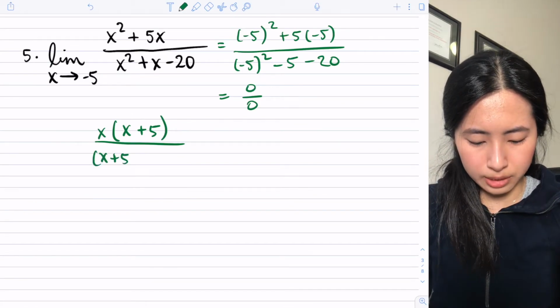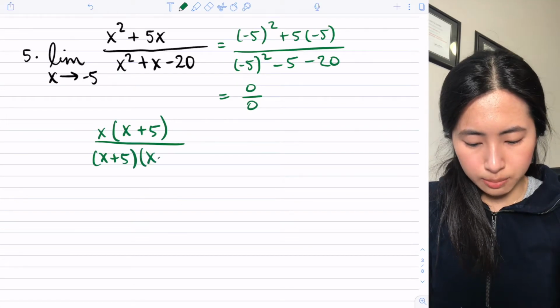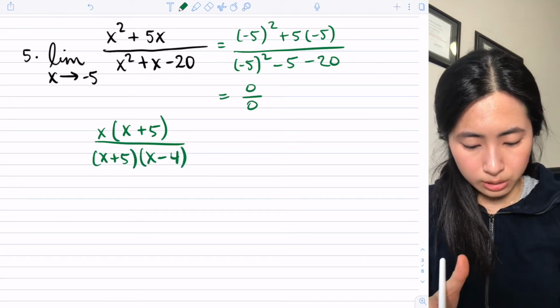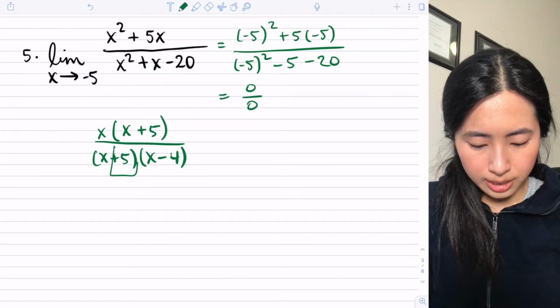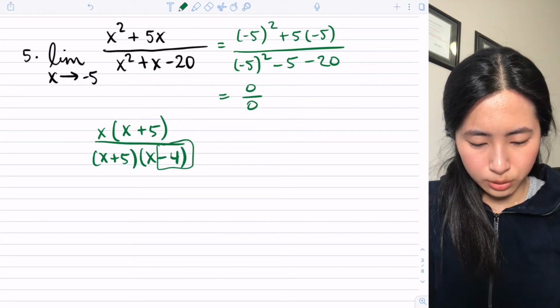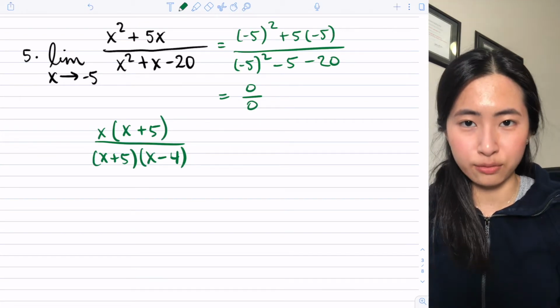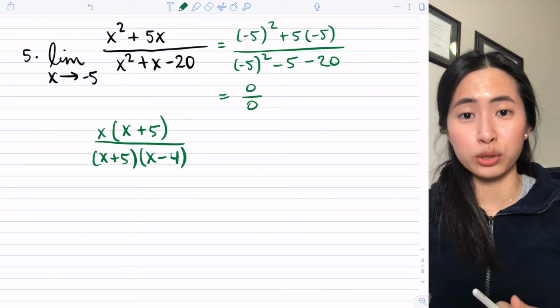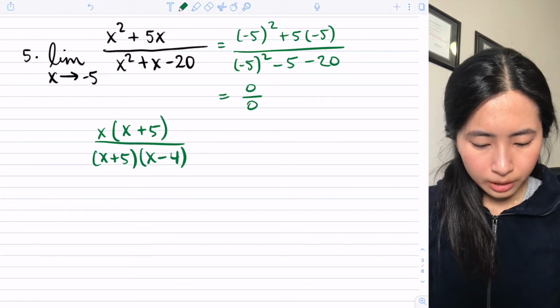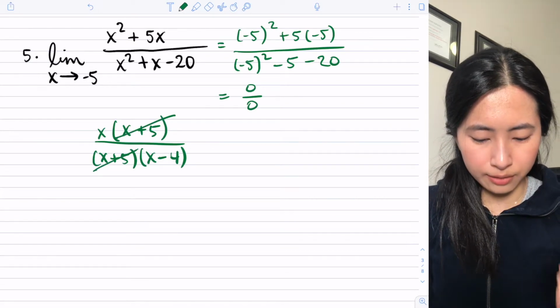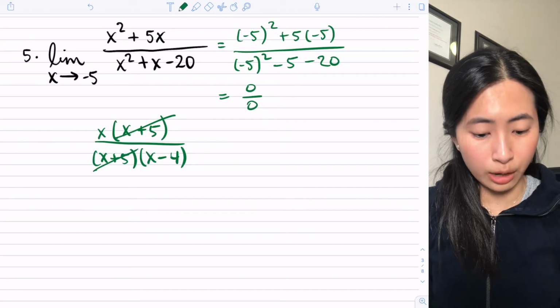So we would have x plus 5 and x minus 4. And it fits because you have positive 5 and negative 4. You multiply them together, you get negative 20. And when you add them together, 5 plus negative 4, or 5 minus 4, is actually equal to 1. Great, so we can cancel out x plus 5 in our numerator and our denominator,